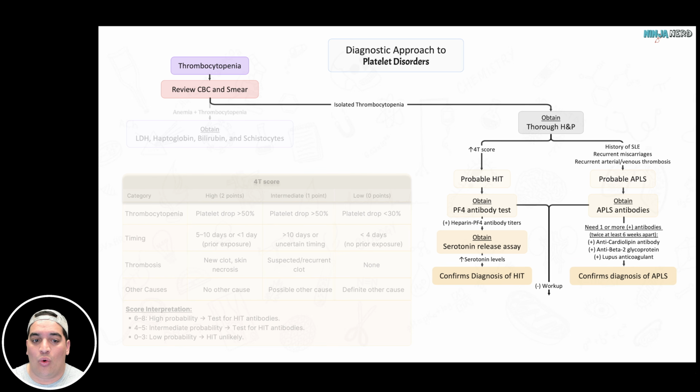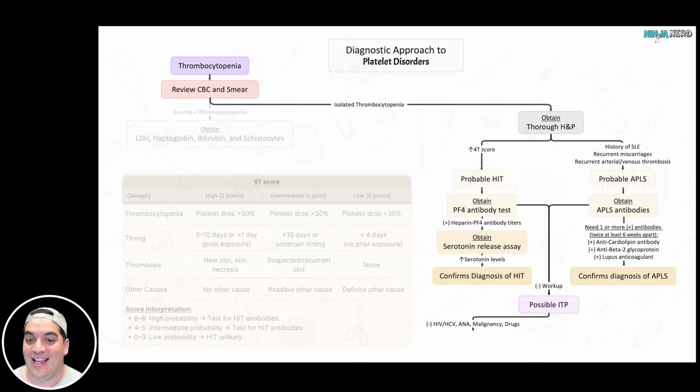Now, if the workup is completely normal, I've ruled out all the other causes, and I've also gone over here and it's isolated, and I've ruled out HIT, and I've ruled out antiphospholipid, then you can possibly say this could be ITP. But then you have to rule out all the other secondary causes